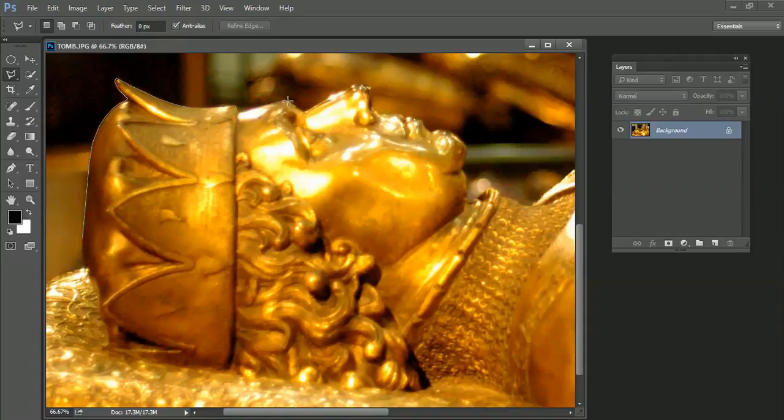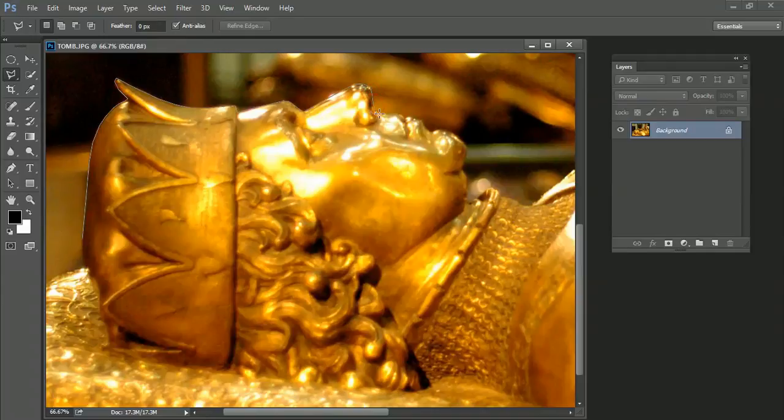There we go. It takes a little bit of practice, but you get the idea of how this is working. Now if I click in the wrong place, and I'm thinking, oh no, that point's gone in the wrong place, it's supposed to be down here on his nose, all you simply do is press the delete key on your keyboard and it undoes the last node point. And then you can bring your cursor down to where you should have clicked and place it in the right place. So if you ever get a click in the wrong place, like I don't like that last one, I can just press the delete key on my keyboard and then I can come in and be a little bit more